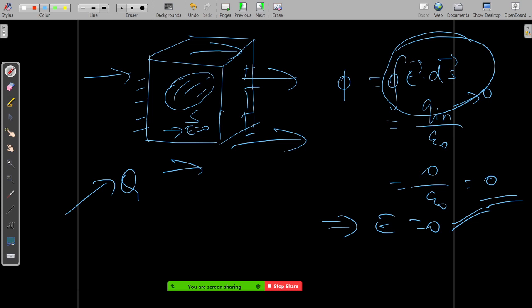Conductors are good conductors of electricity, which basically means they have a lot of free electrons to move. When an electric wire is connected, electrons can move fast. Electrons are going to move in this way, so your electric current will be in this direction.